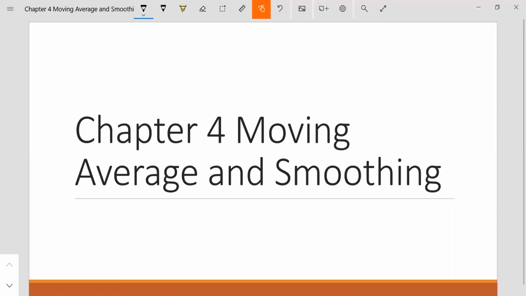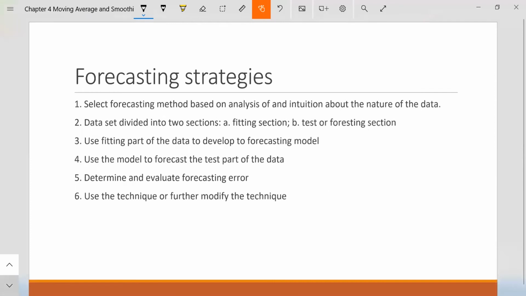Hey everyone, welcome back. In this lecture, we're gonna go over chapter 4, moving average and smoothing. Starting from this chapter, we'll be learning a series of models that can be used to do economic forecasting. Let's get started. First of all, I would like to give you a general idea about the forecasting strategies that